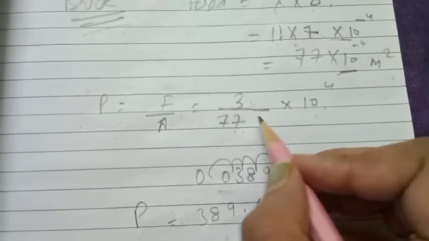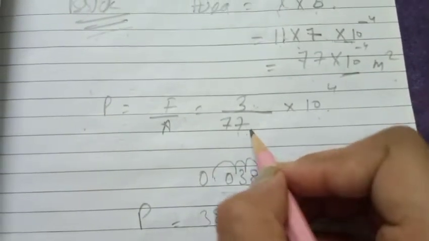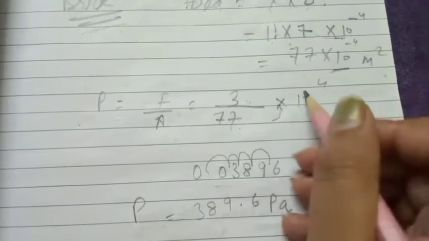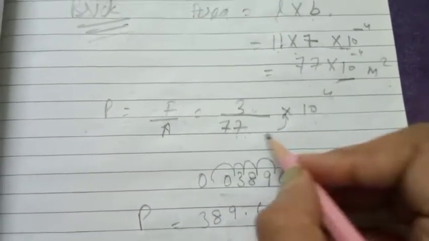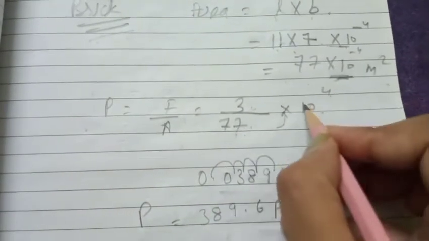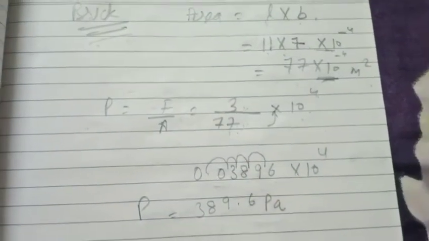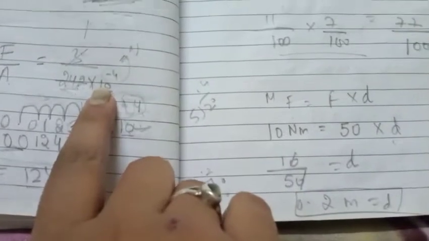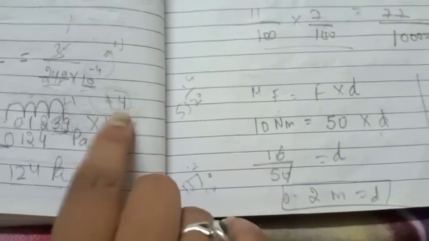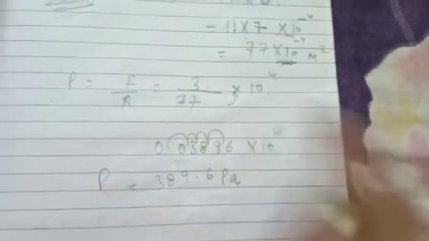Right now I have converted it: it was downside, I have again converted into upside, so it will come out to be 10 raised to power 4. Because this was in the denominator, it went to the numerator, so it became positive. Same as the last one, the 10 raised to power minus 4 that was below, the moment it goes up it becomes positive. That I have directly written here into 10 raised to power 4.